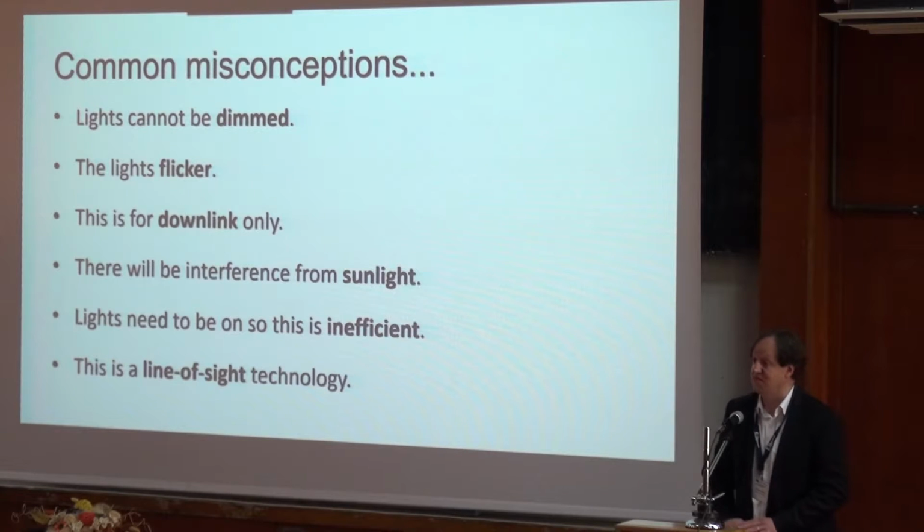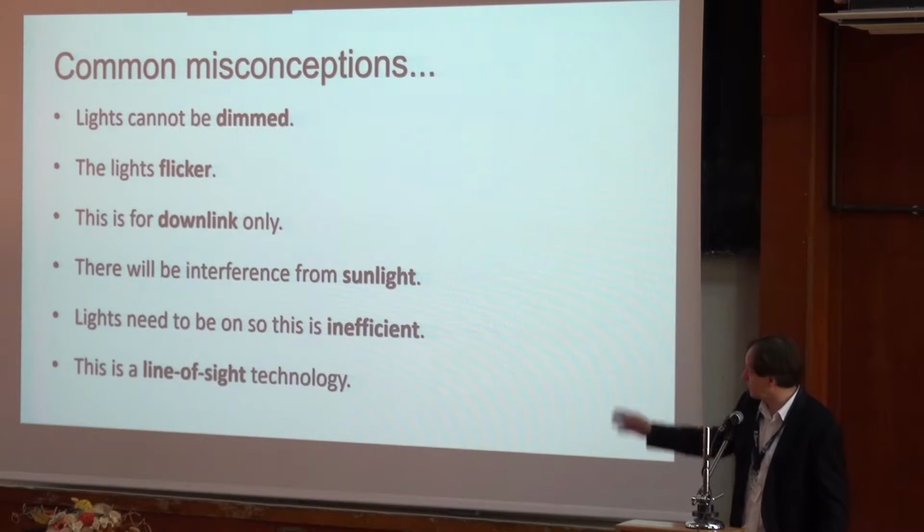The sunlight will have no effect. It's because we don't use on-off keying. We use a form of OFDM, which is a purely AC-coupled modulation technique. And sunlight is a constant light source which we filter out as long as we don't saturate the receiver, which can be easily maintained with automatic gain control.